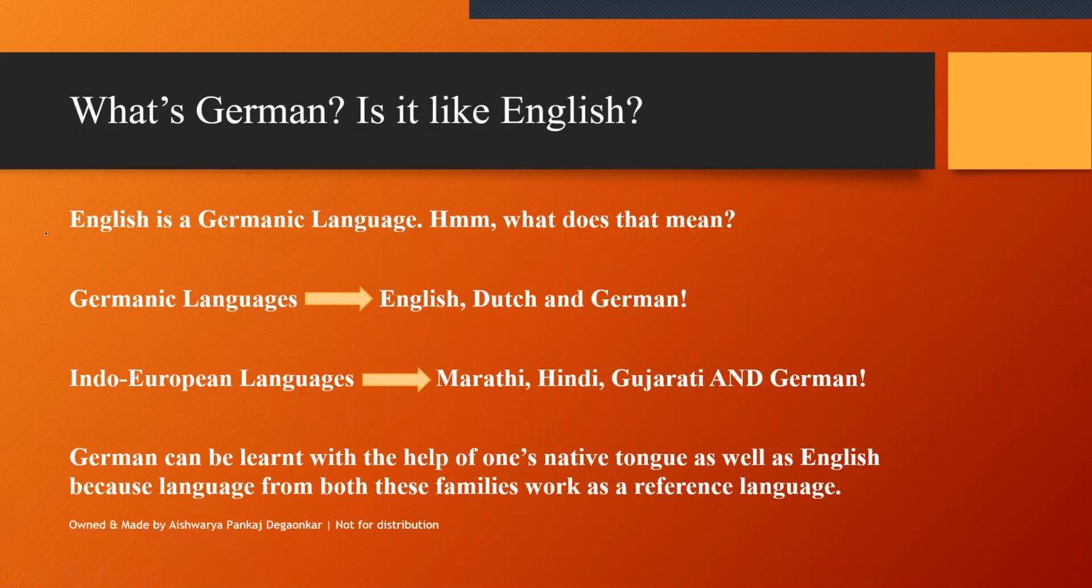Now, read the sentence here. English is a Germanic language. What do you understand by that statement? Ma'am, the German language is somewhat similar to English. Yeah, close enough. So basically, you could say that Germanic languages are a family of languages, and in that group,